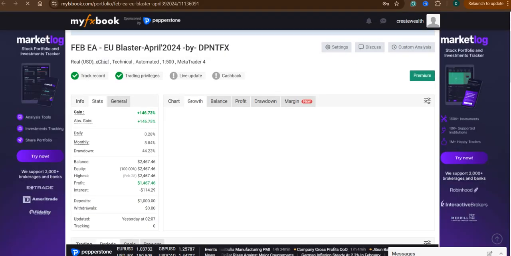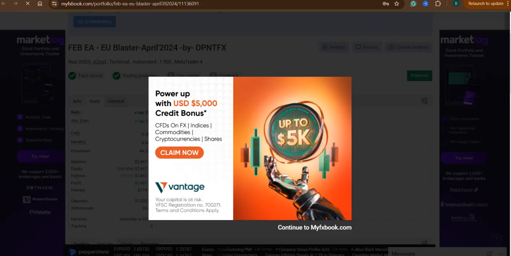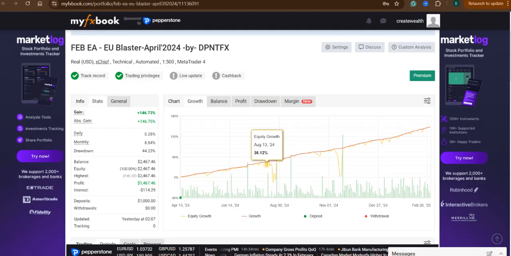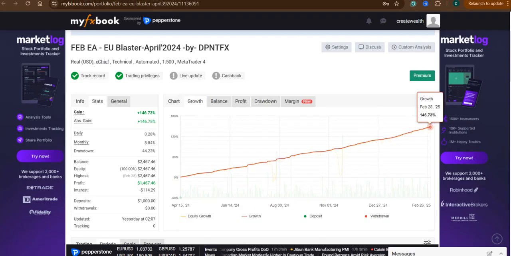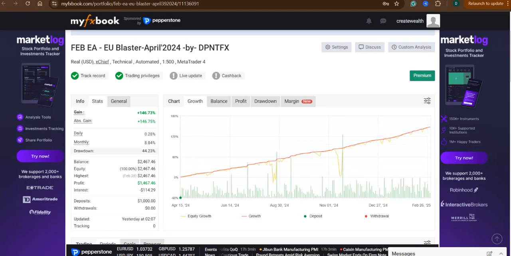Okay, so as I said, around 150%, it is 146.75 so far we gained. And you can see from April 15 till the last trading day, that was February 28. Okay, the maximum drawdown was 44.23. That is a little higher, but yes, the EA has been sustainable for the last 10.5 months, like I would say